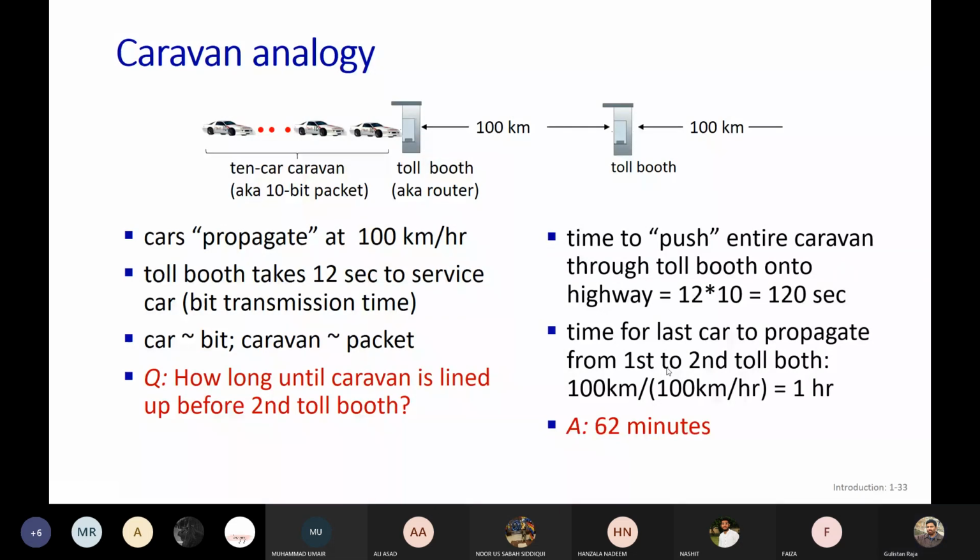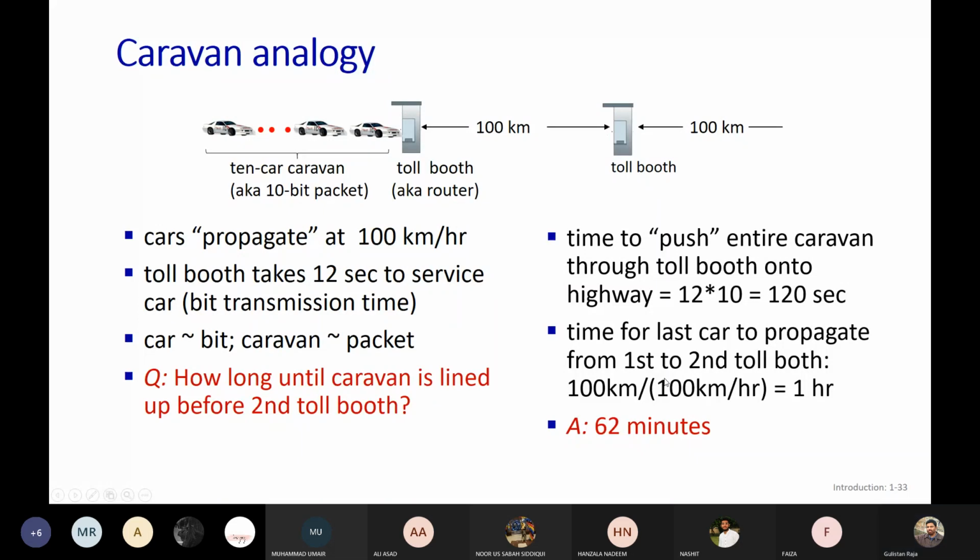सर वैसे एक बात है। जी, गो अहेड सर। जिस तरह मसलन अगर हम देखें 10 कार्स है, तो पहली कार को प्रोसेस होने में 12 सेकंड्स लग गए, तो जो उससे पिछली कार है उसको भी प्रोसेस होने में 12 सेकंड लगे, लेकिन उसने 12 सेकंड वेट भी तो किया, तो 24 टोटल सेकंड। इसीलिए 12 मल्टीप्लाई बाय 10 कर रहे हैं। खाली एक 12 तो नहीं ले रहे, ये 12 सेकंड के बाद निकल गई तो 12 प्लस 12, 24। तो इसी तरह 12 प्लस 12 प्लस 12 करके 10 मल्टीप्लाई बाय 10 का मतलब है 12 को 10 टाइम्स ऐड कर दें।